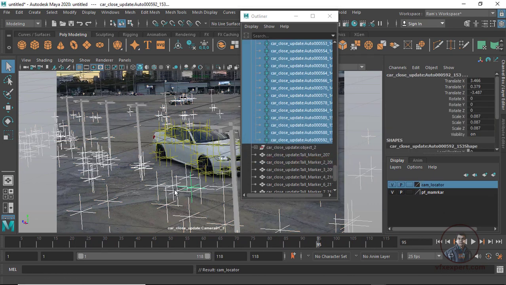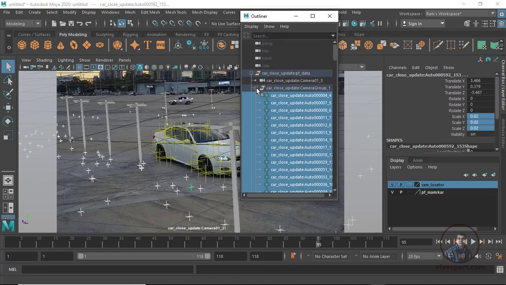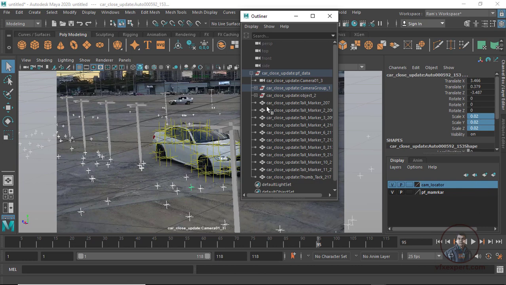If you want to resize your locator size, you can resize it from here. Set it to 0.02, maybe that is sufficient. After this, assign the objects group also to a display layer. Open your group.